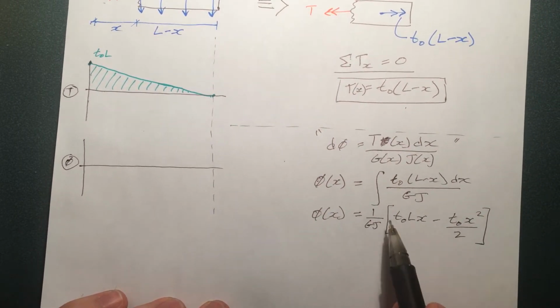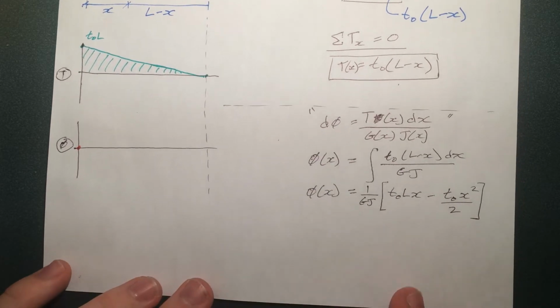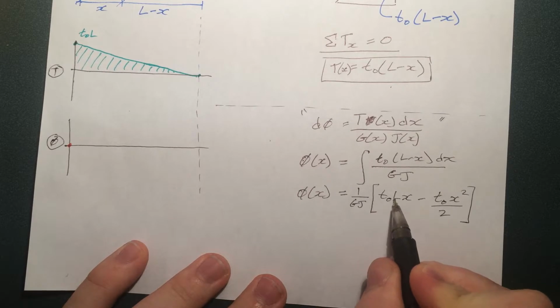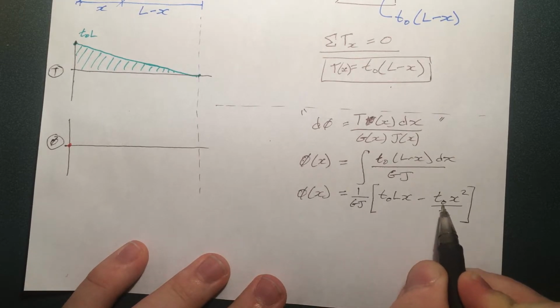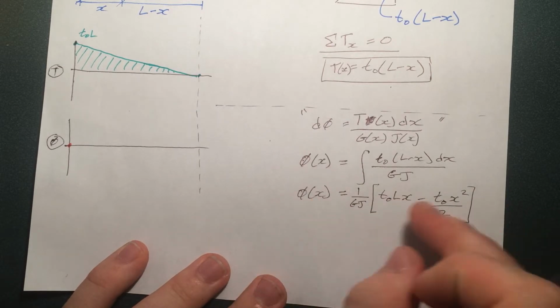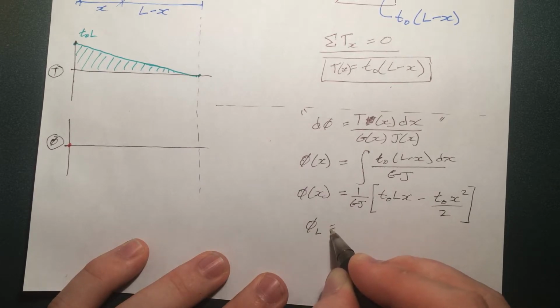Okay, so when x equals 0, the whole thing is 0. Okay, so that goes right here. When x equals L, or at the very end, what does it equal? Well, let's just plug in L here. That becomes T naught L squared. Put an L here. L here becomes the same thing, but divided by 2. So factoring out the T naught L squared, 1 minus half, that's a half. So phi at L is just simply